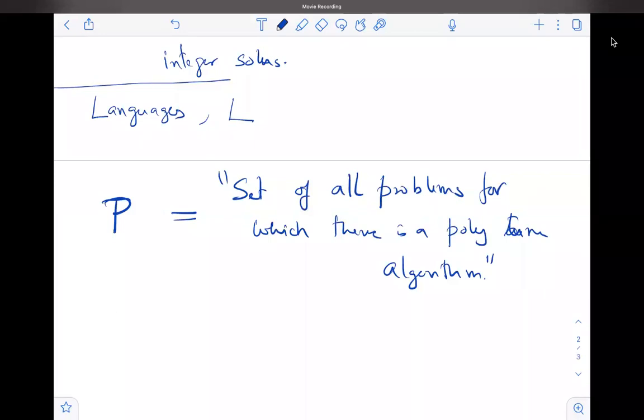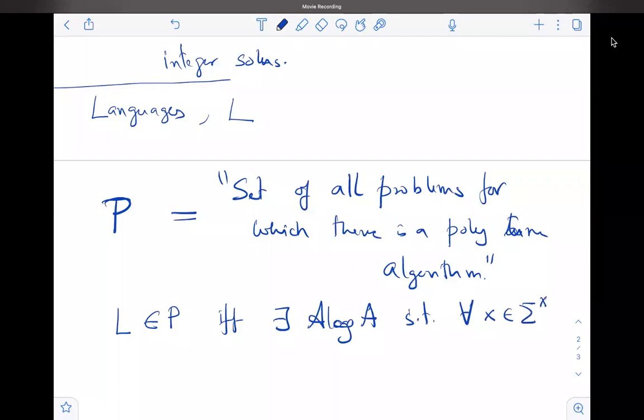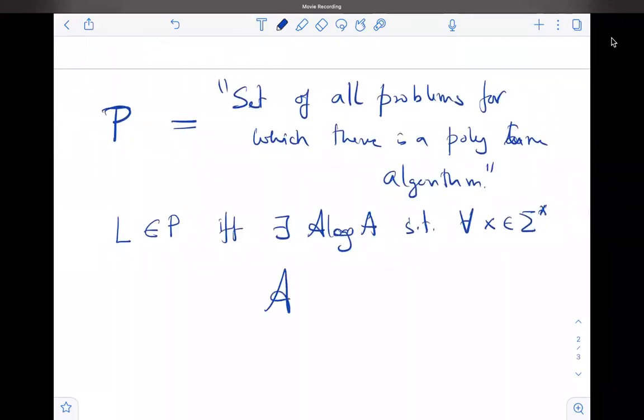Similarly, we can define that L is in P if and only if there exists an algorithm A such that for all x in sigma star, A of x comma L equals 1 if x is in L, 0 if x is not in L,